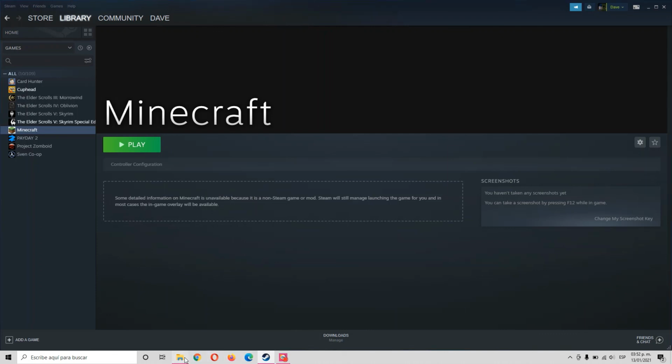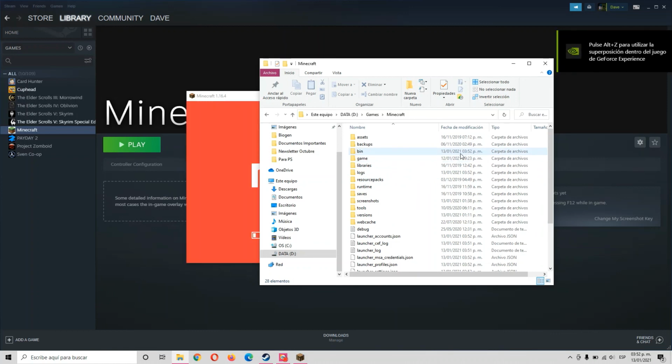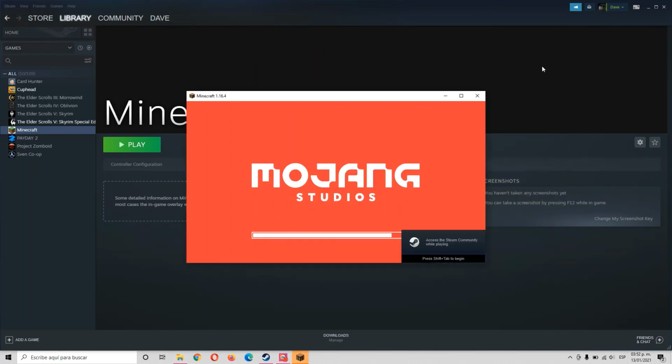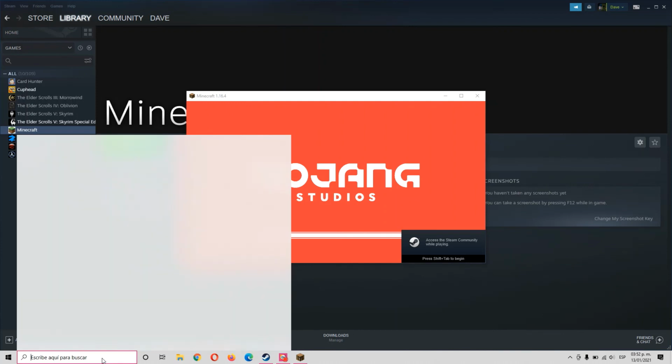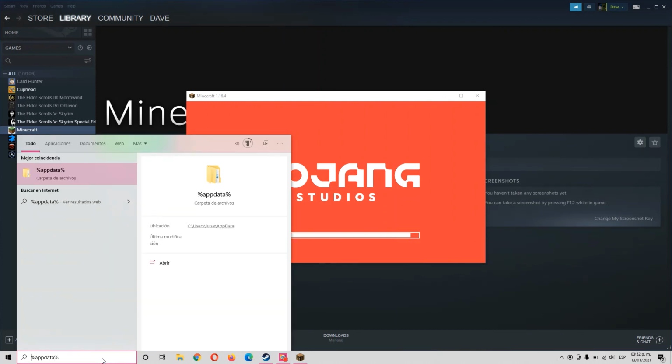So in this case, we're gonna go check. Right now, some of the files have already updated. For example, the bin file has already updated to the current time and date, so that's already telling me that it's working. But if you just want to check, just go to, again, app data,